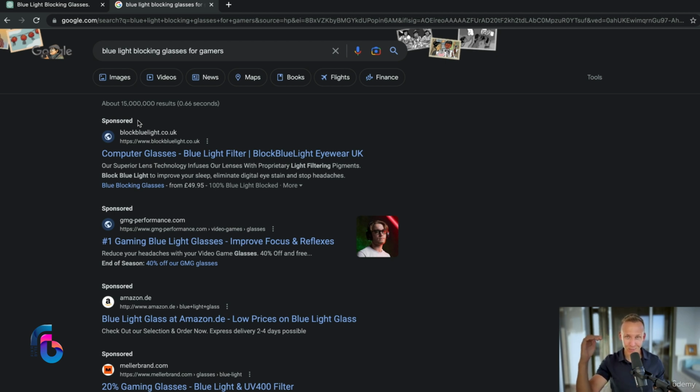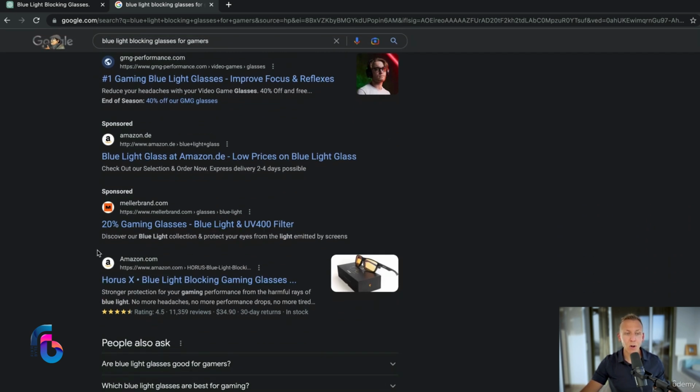So those are going to be our competitors. So we're going to skip all the ones that say sponsored, scroll down. We're going to skip all the marketplaces because we're never going to compete with Amazon. They sell everything. A direct competitor is a competitor that is selling the exact same or a very similar product